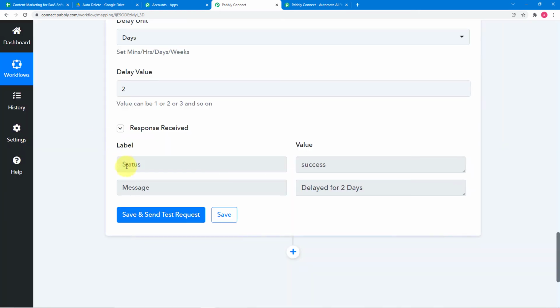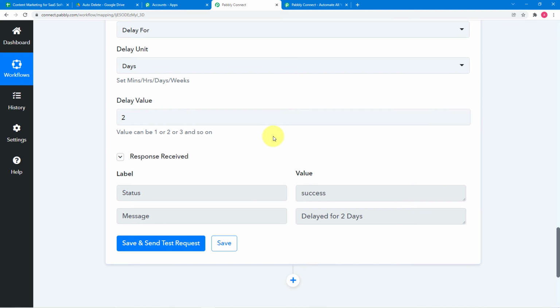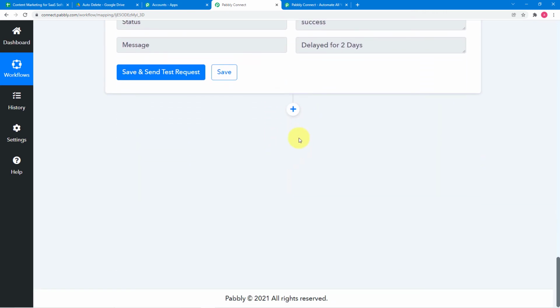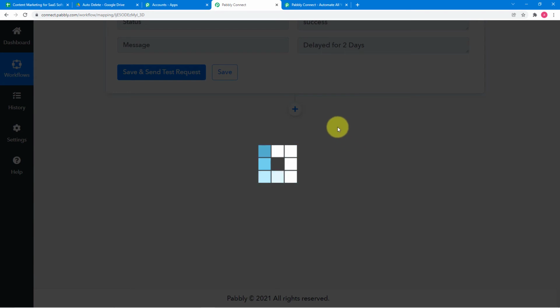And it is showing the status is success, and the message is this delayed for 2 days. So after moving the file, this workflow will stop for 2 days, and after 2 days it will delete the file, right? So what we want now is to delete the file. For that, click here on this plus icon,